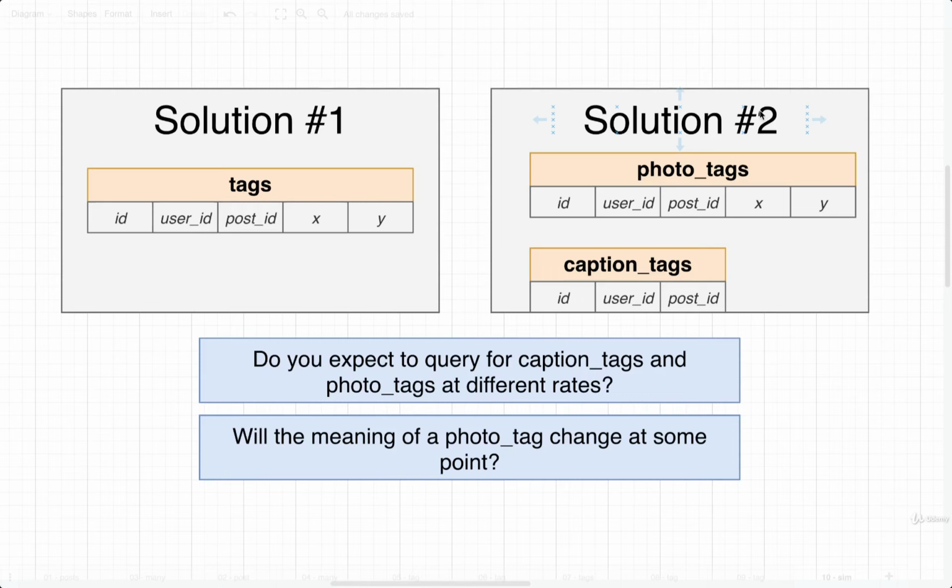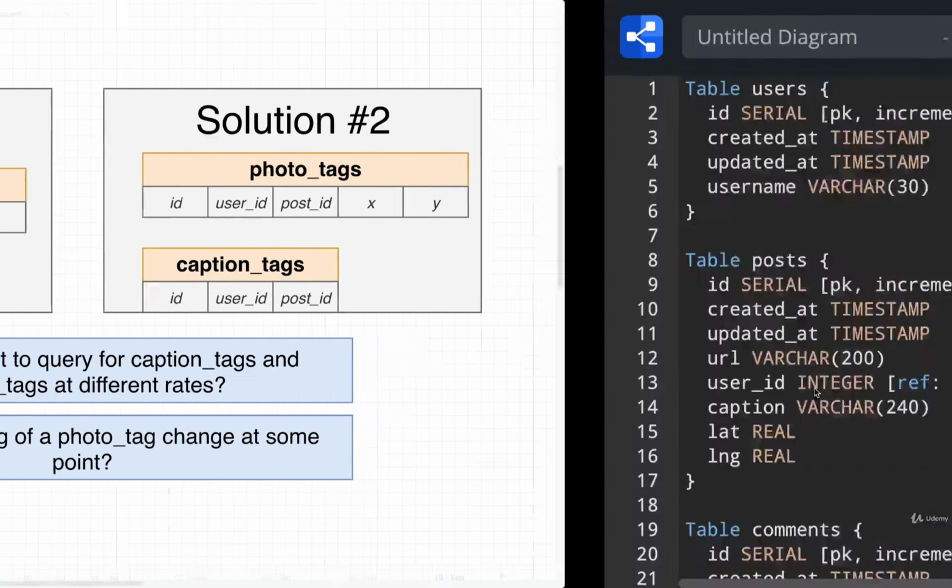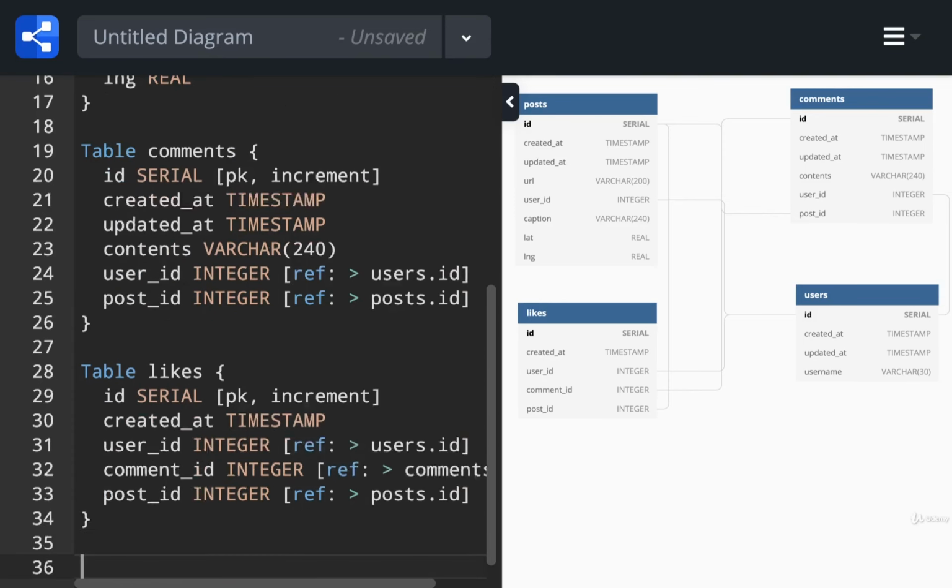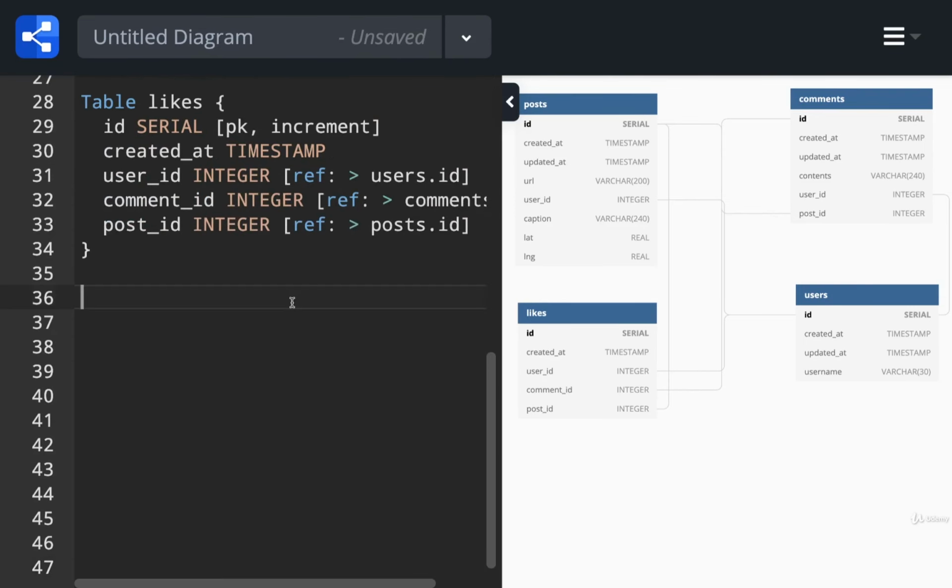Solution number 2 it is. Let's go back over to our database designer. We're going to add in 2 new tables, one for photo tags and one for caption tags. All right, so back over here, I'm going to go down to the bottom. I'm going to start off with